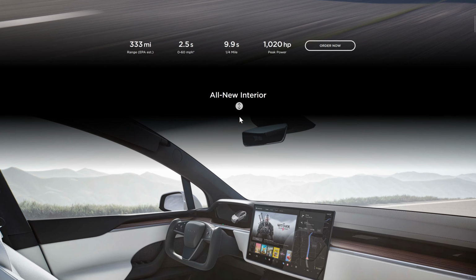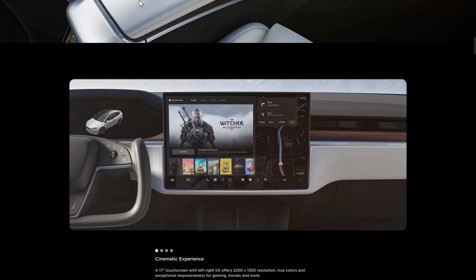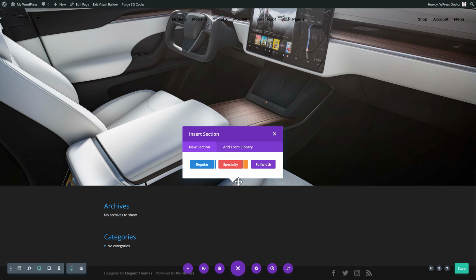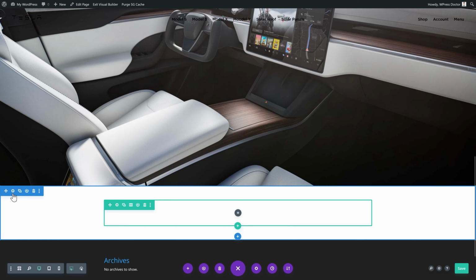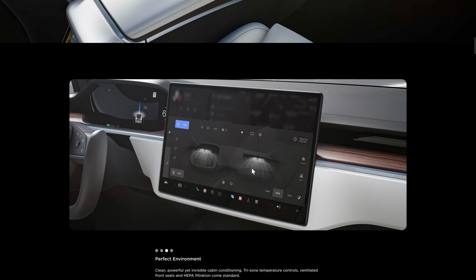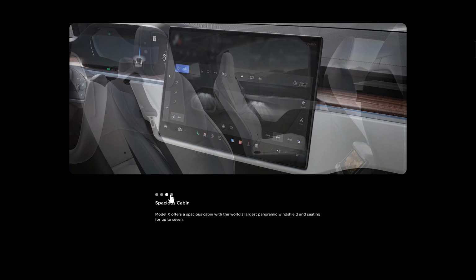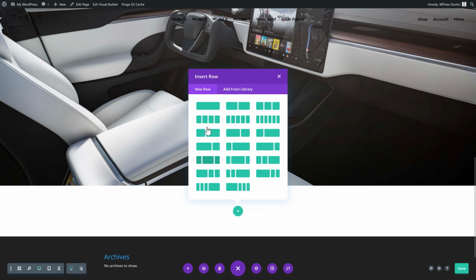Then what does Tesla have even more? Nothing, it's just the image, and then starts the next section. All right, I'm going to remove all these things. I'm going to start the next section, which is a row with a black background. And in this row, they have an image gallery like this with some text. All right, let's add a new section, regular, with this.